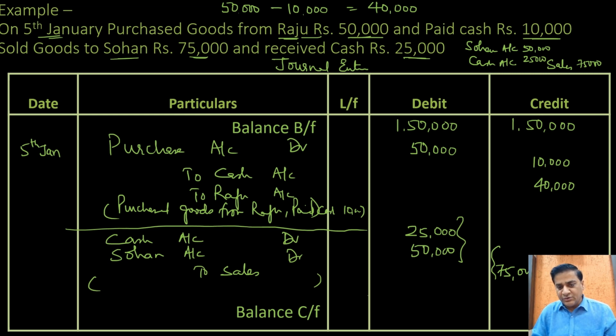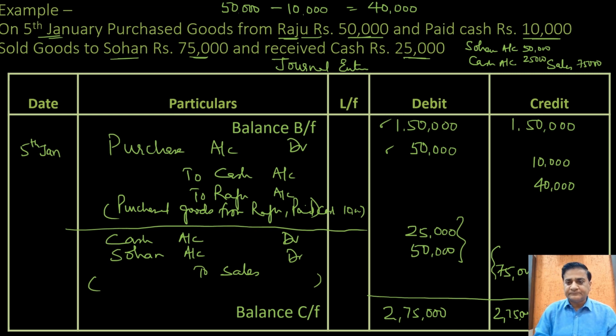Now what we need to do is put the totals here. How much is the total? 150 was the total there. Then we have added 50,000, which is 2 lakh. 2,75,000 on the debit side, 2,75,000 on the credit side. I hope this is clear. Then